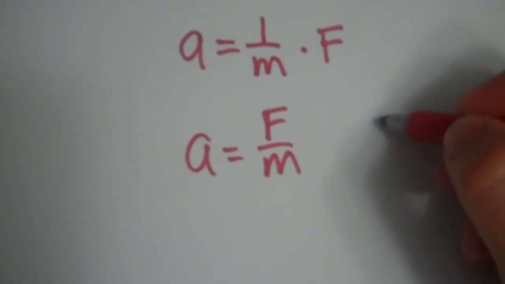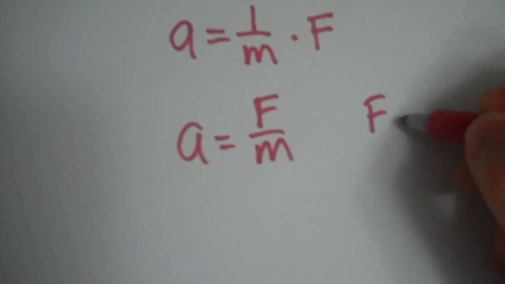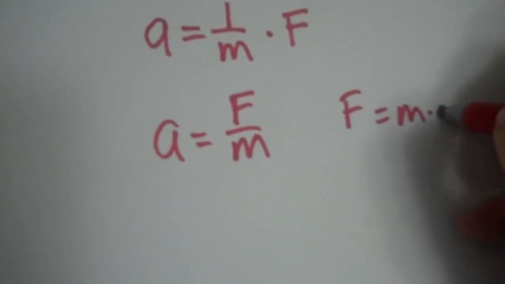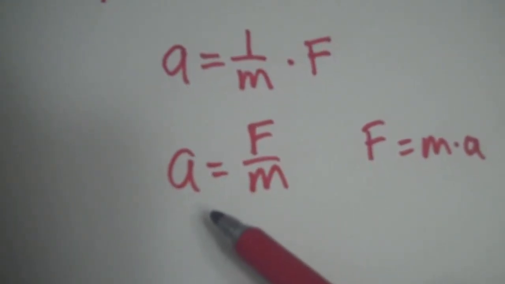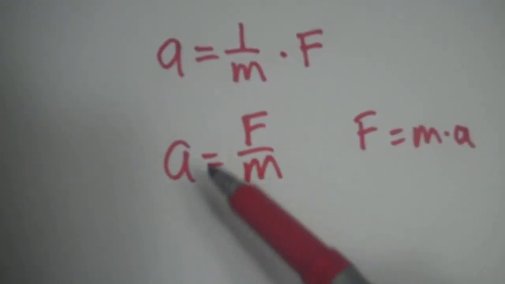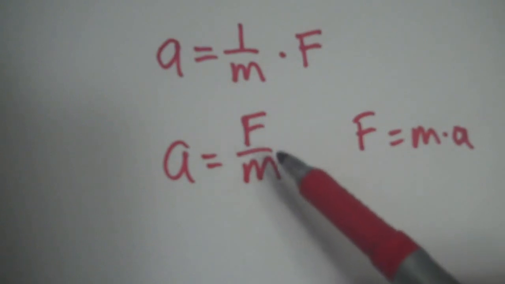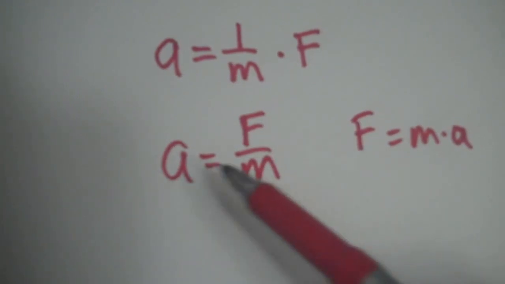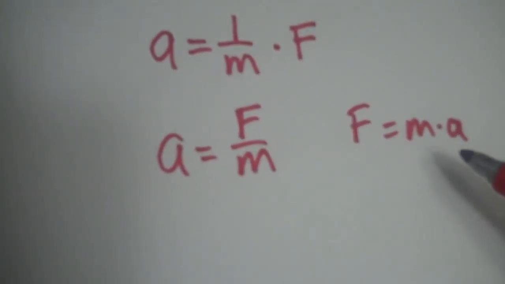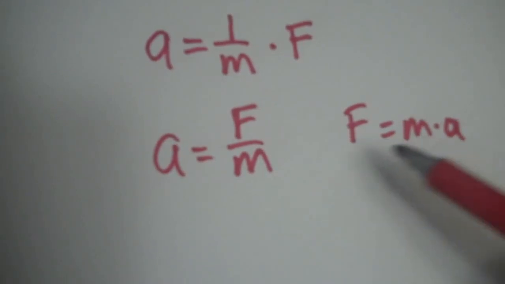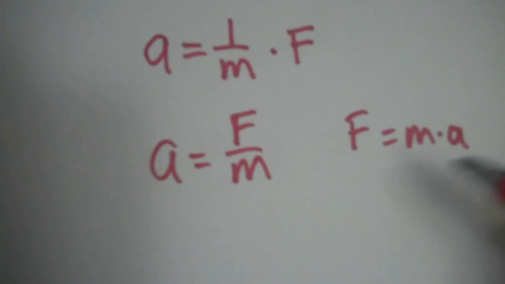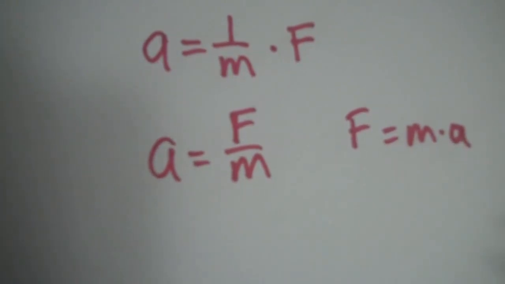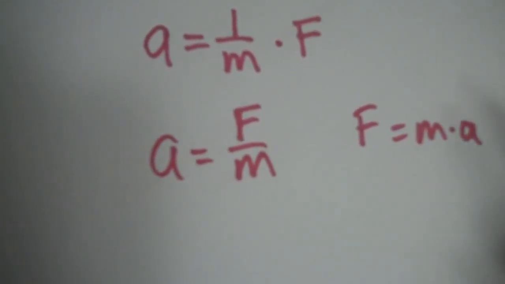Now in the textbooks it usually looks like this: force equals mass times acceleration. And that's not bad, but I like this version better because acceleration is caused by a force acting on a mass, and that makes more sense than an acceleration causing a force. I don't know. I mean, you can look at it either way, and both of them are correct. Obviously, it's just algebra. You can flip the equation around. So anyway,